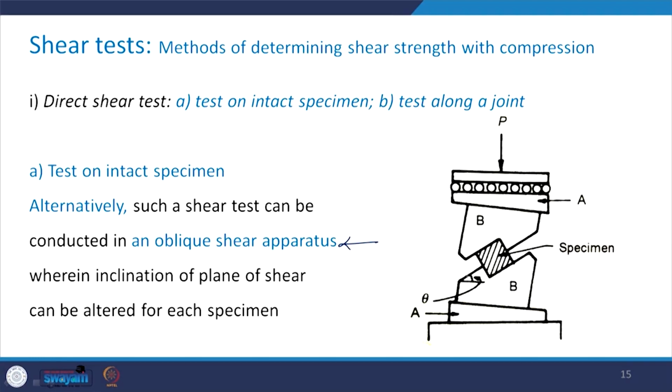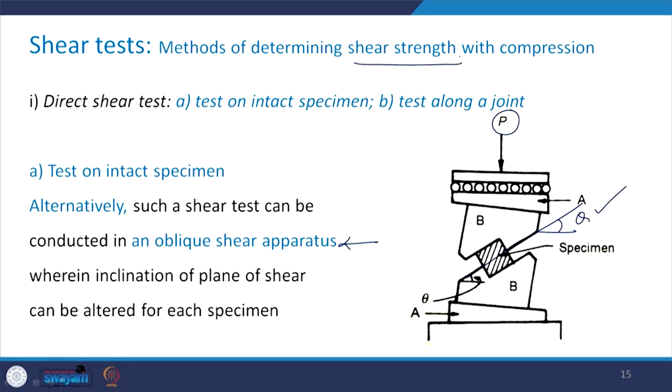So, you see that this is the plane of shear whose inclination is theta, and the arrangement in the apparatus is in such a manner that this angle theta can be adjusted and the shearing can take place along the desired value of this theta. How is this done? Take note that the load is applied in the vertical direction only. Now, I am discussing the shear strength